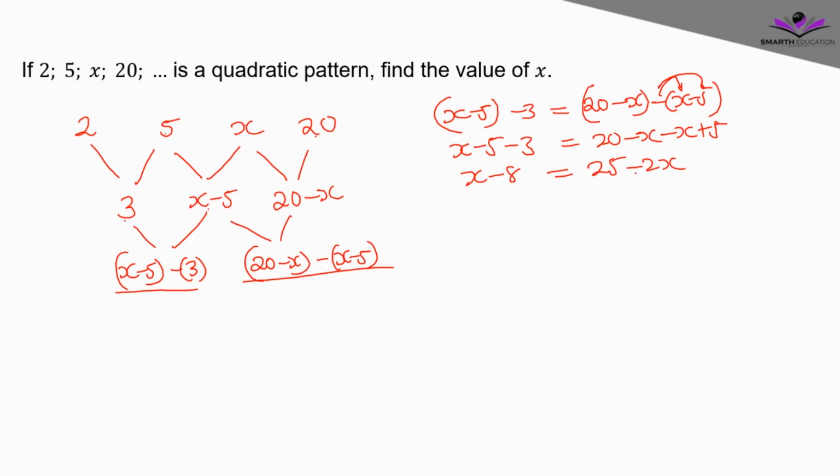Alright, add 2x on both sides of the equation, we have 3x. Add 8 on both sides of the equation, we have 33. Then divide by 3 on both sides of the equation, x is equal to 11. Okay,